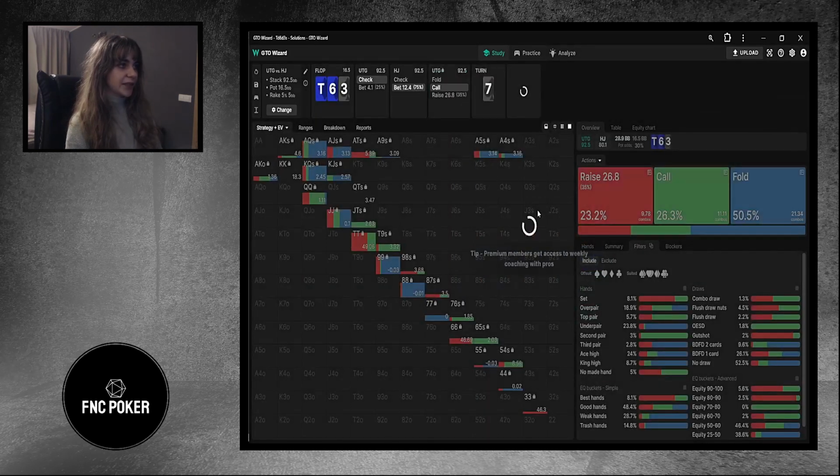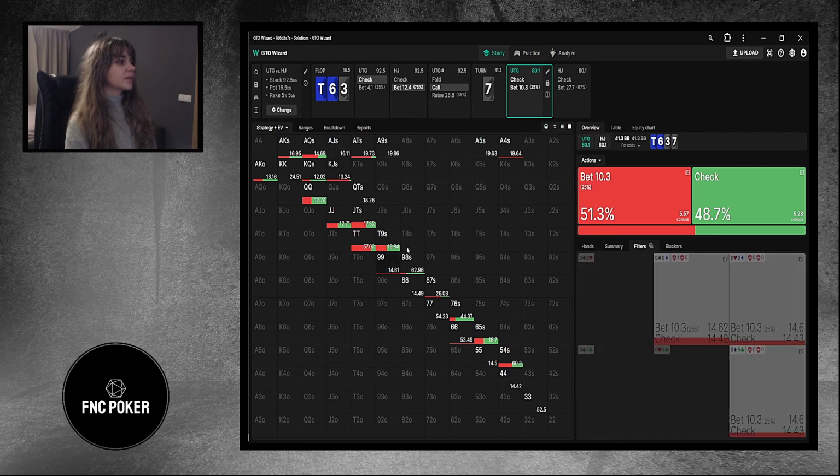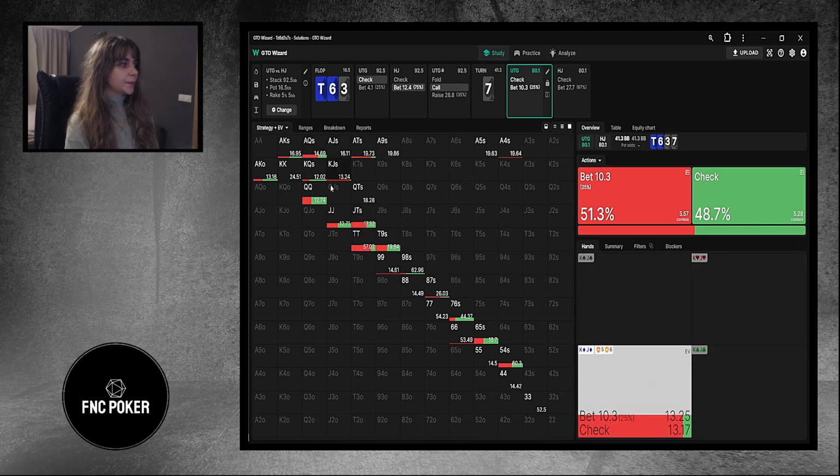And see what we are supposed to do on the turn. So we see we are already supposed to donk very, very often. This indicates this is quite a good card for us. Maybe if his range is more equity driven than this, that won't be the case all that often. To be honest, I don't think I would have that many donks here in game,